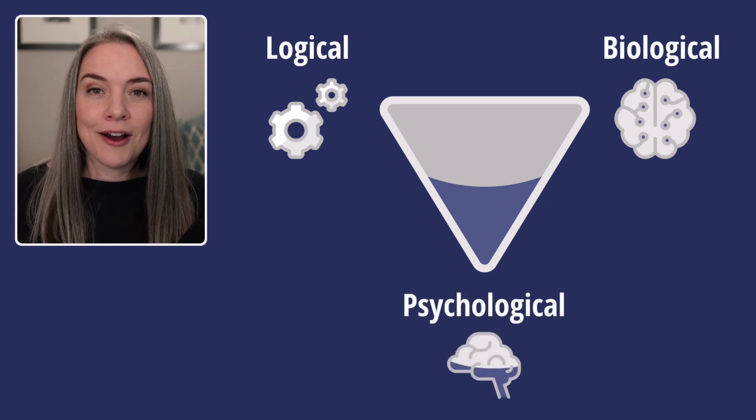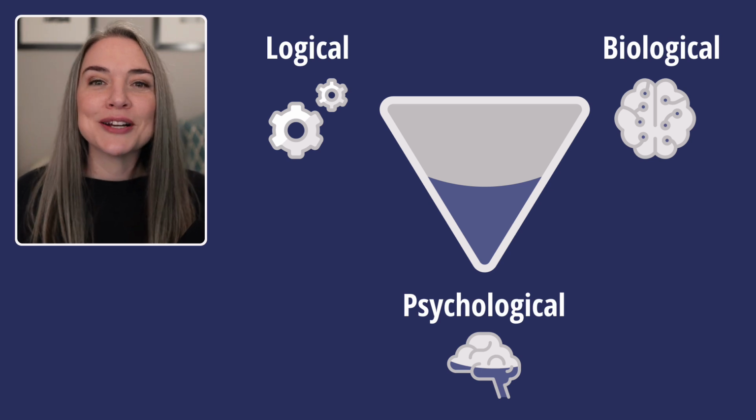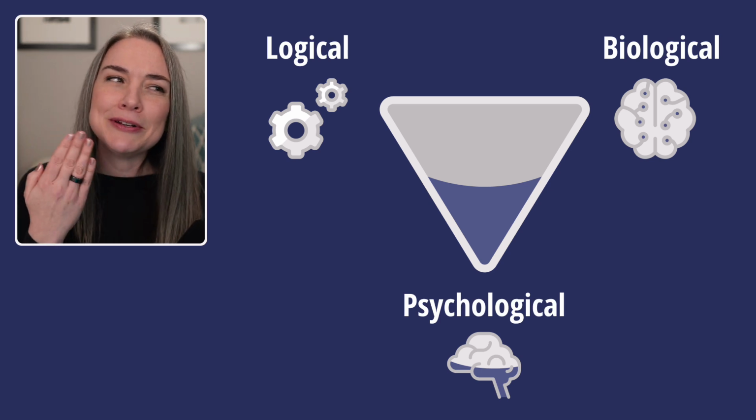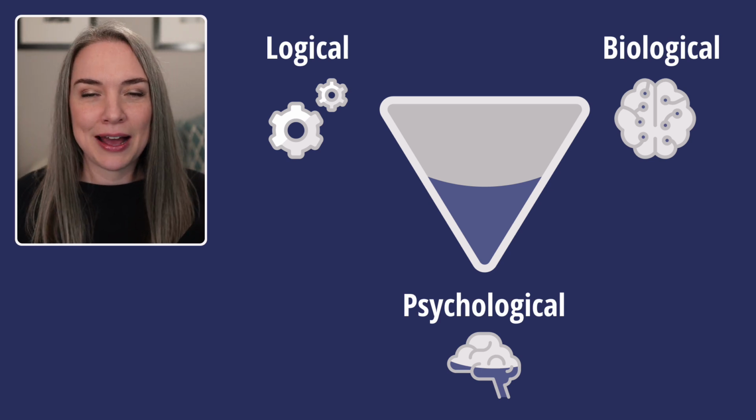And then finally, we have a psychological roadblock. This is where our brain, it's very sophisticated, it's very smart, but it is saying like, ooh, maybe don't do that because something bad might happen. In other words, our brain is saying, oh, let's keep ourselves safe and not take action on this because something could happen that I don't want to happen.